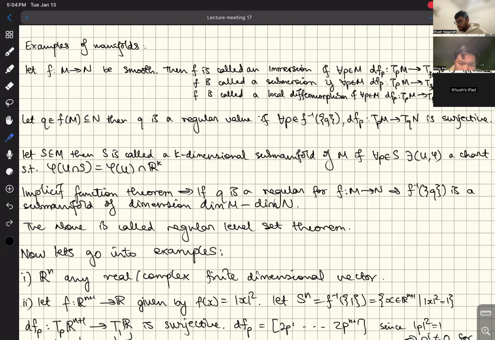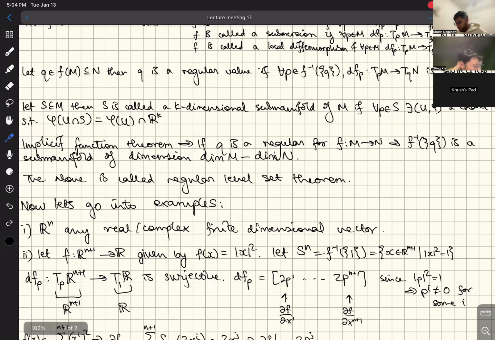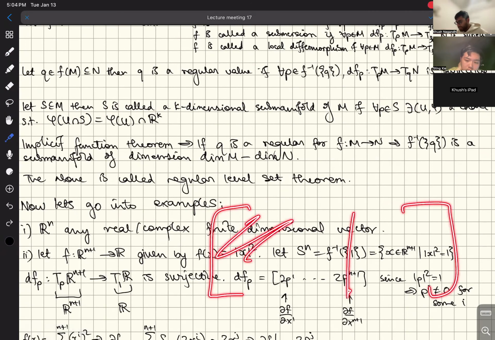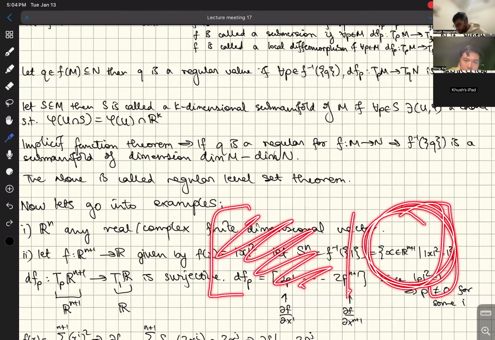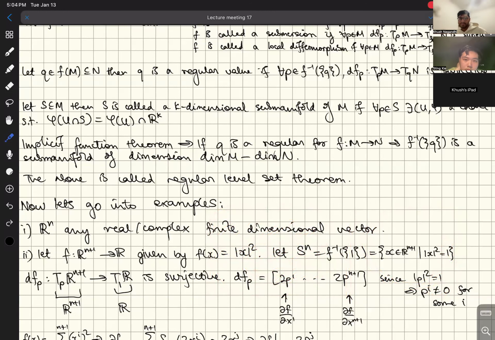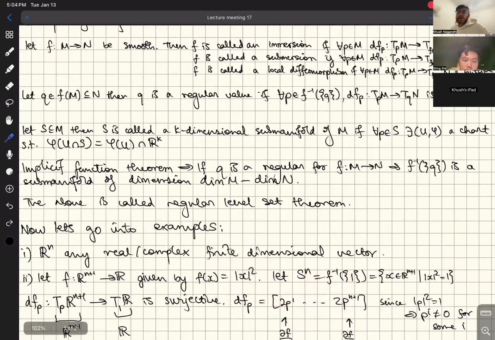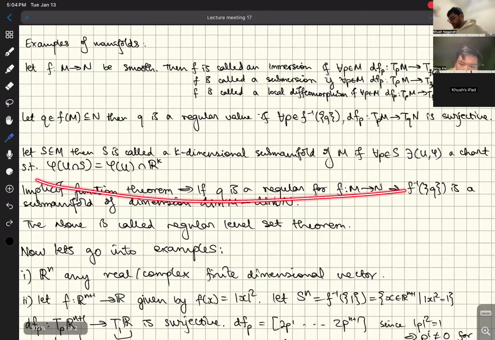Yeah, so if you remember the implicit function theorem, you have the Jacobian matrix, and then one part of it is non-singular, right? And then you can write these variables in terms of these variables, right? That's the idea of the implicit function theorem. And what I'm saying now is that, with that in mind, and the fact that submanifolds are submanifolds,